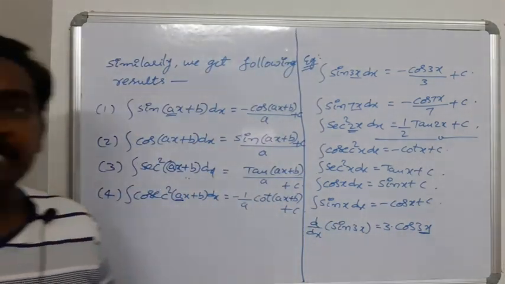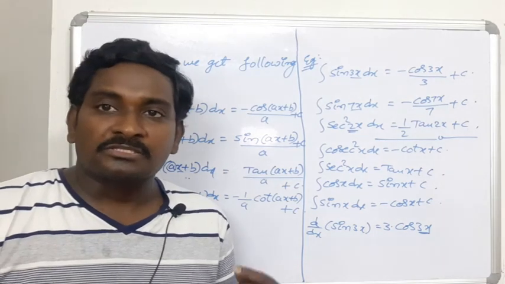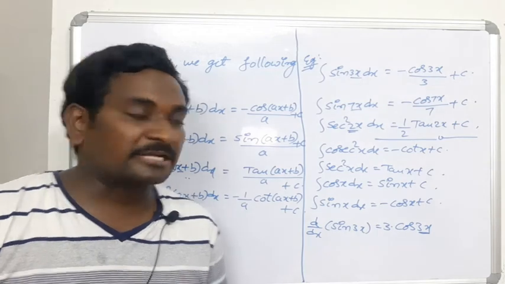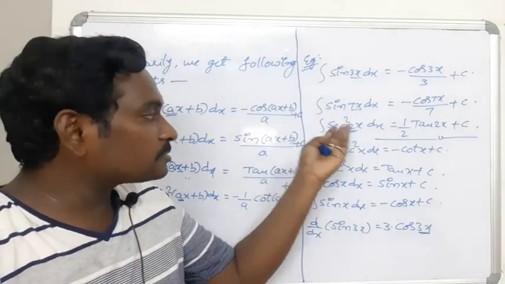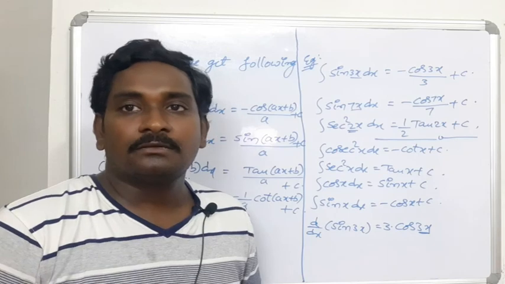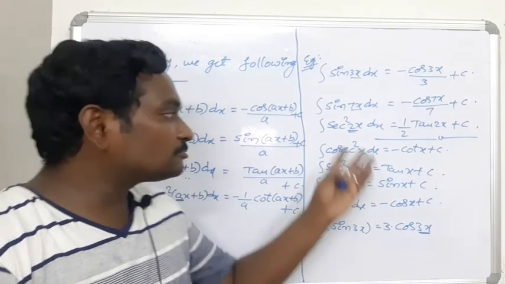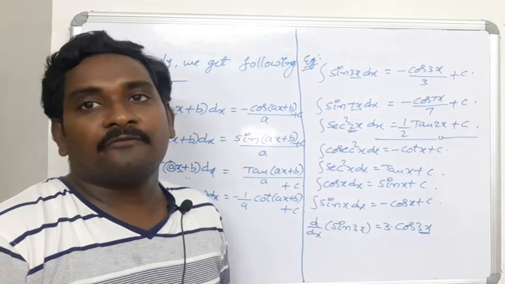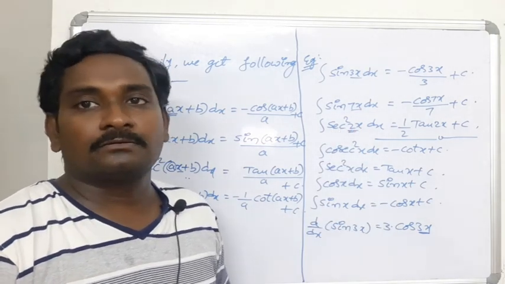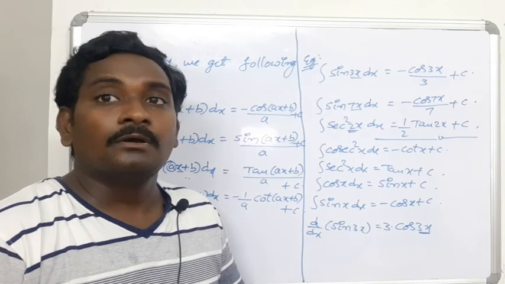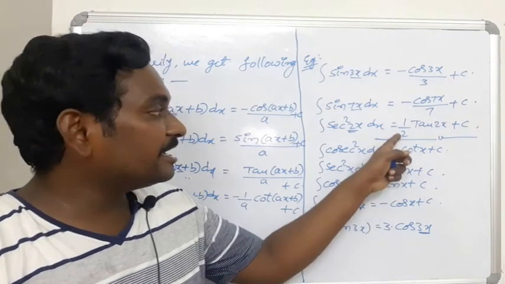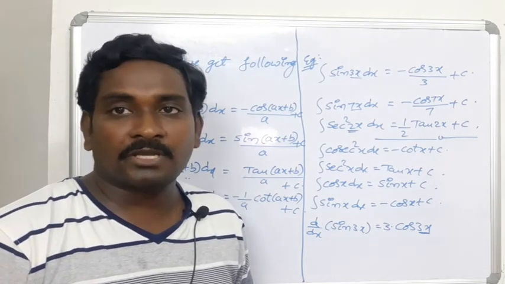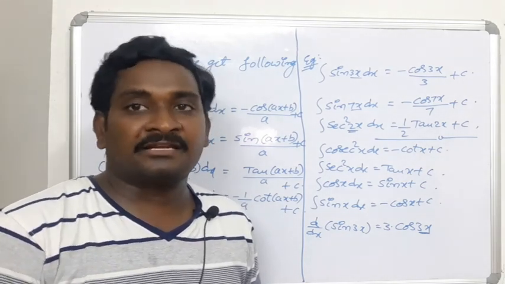So it is not necessary to use substitution every time. Actually, how can we get this one? By substituting 2x equal to t. Taking the derivative on both sides, this problem becomes secant square t. Integration of secant square t is tan t. Finally, we replace the t value. But dx is equal to half dt, that's why you get a half here. It is a very lengthy procedure every time, so we can write it directly.